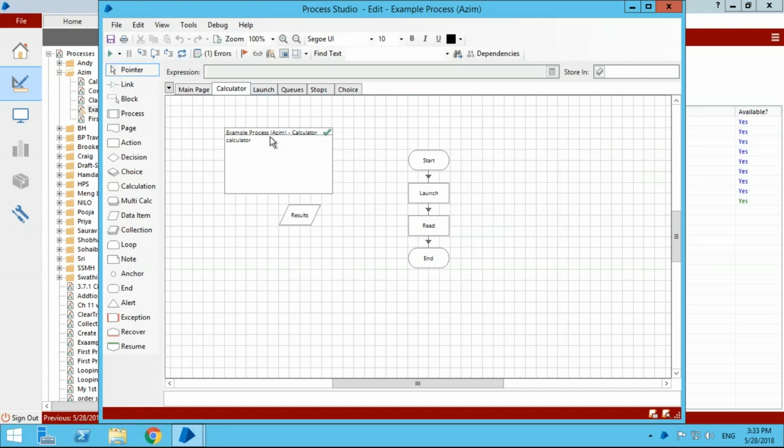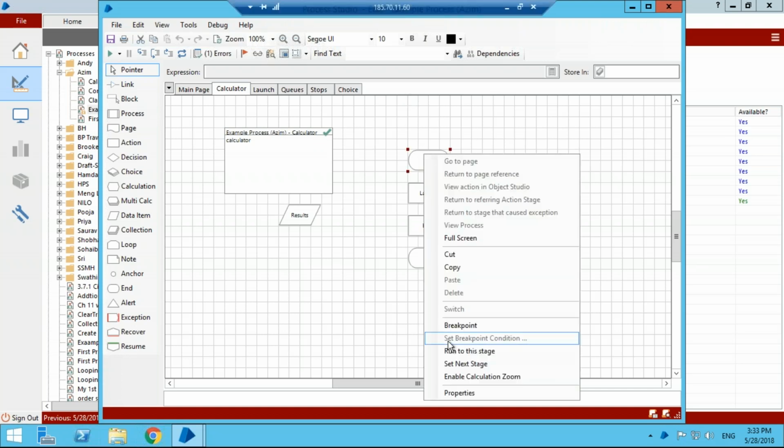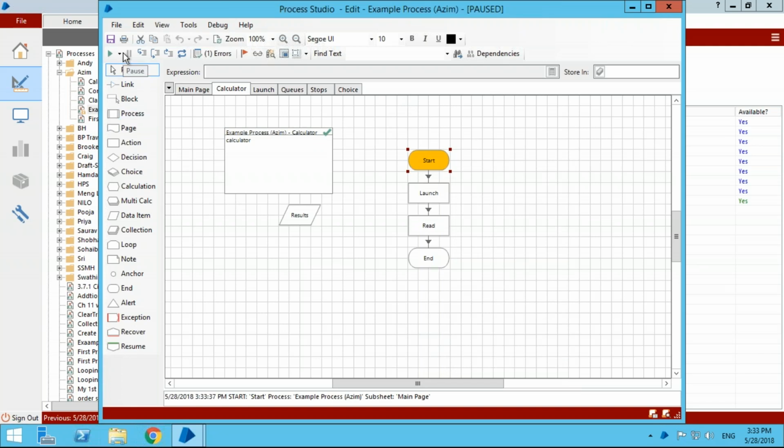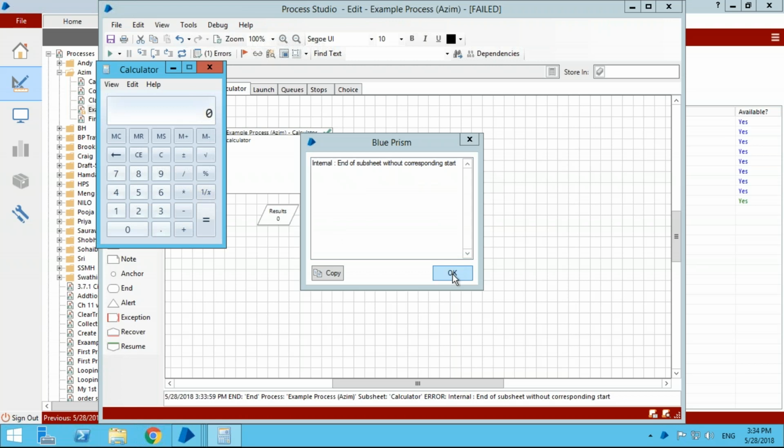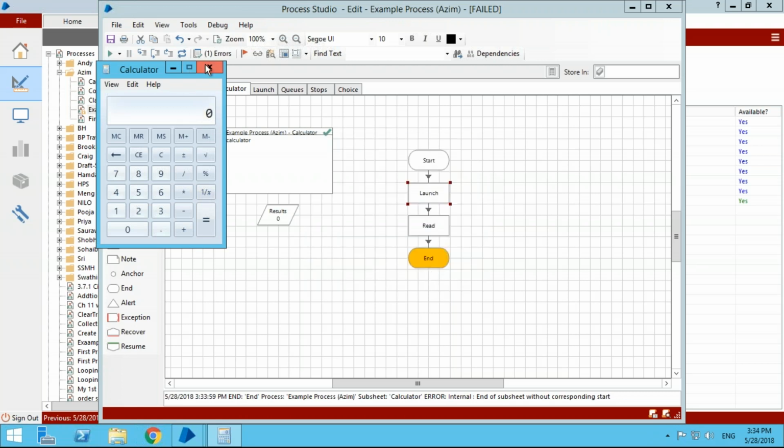So I wanted to show you a bit of an example of what a process looks like when it's actually working. Let me just play this for you now. This is a very simple process that launches the calculator, reads what's in the calculator and stores it into this data item. This is an action stage and it's something we'll cover later on. But for now, just have a look at it working, doing an automation. Launch the calculator, read what's in there, put it in there. Yeah, and then it ends. So that's all done by the computer.